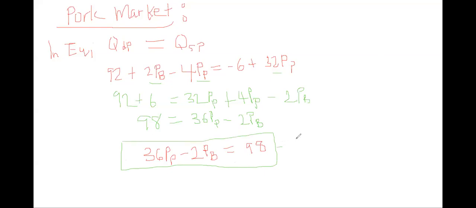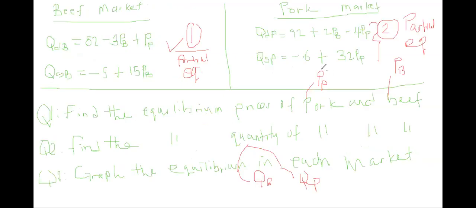We can call it equation 2, which is nothing but the partial equilibrium in the pork market. So remember, the question is asking us to find this,